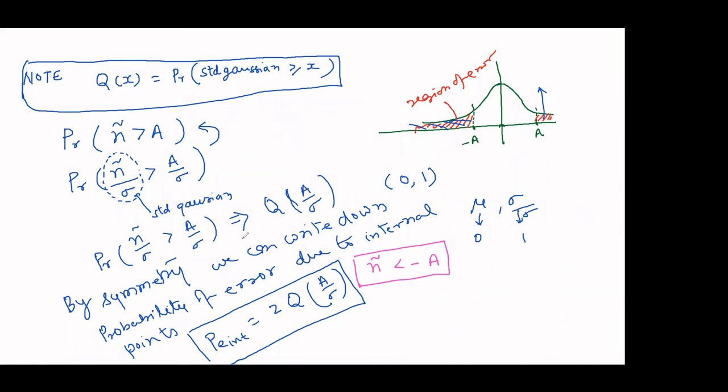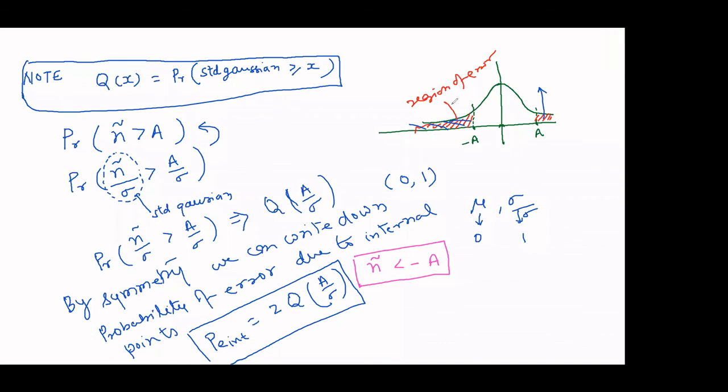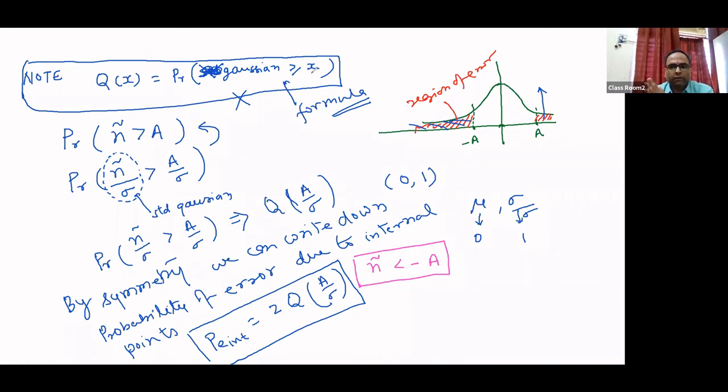सर ये स्टैंडर्ड क्वेश्चन क्यों लिया है सर? Q of x is equal... This we have calculated only for internal points, right? Still we have to calculate the case 2. Yes, this is case 1. We have calculated the probability of error only for internal point, and this probability of error is 2Q of a by sigma.